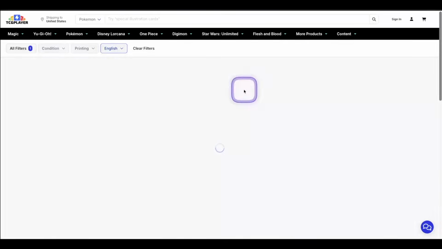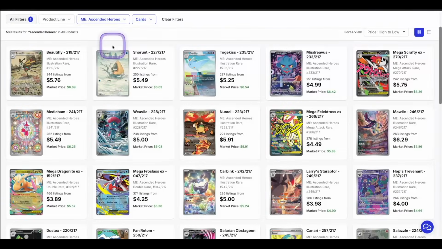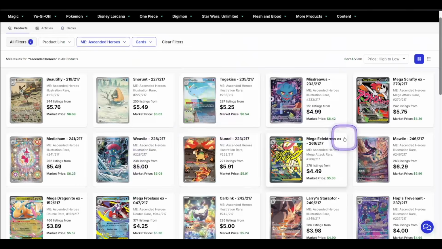Here's Misdreavus, by the way. Misdreavus looks really cool. It's kind of similar to, what was that one? Banette, just because it looks like a collage of stuff. I'm not sure what Misdreavus is doing here. There's like a spool of thread. What is this? Building blocks, this crystal, there's spider webs. It's a little confusing what's going on. So I'm not entirely sure if I would watch this card or not, but I would still much rather watch Metacham. You can definitely watch any other card that you want, but those are the cards that I would watch